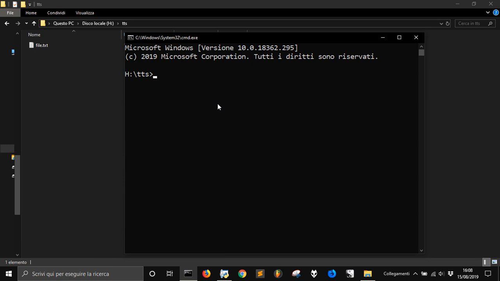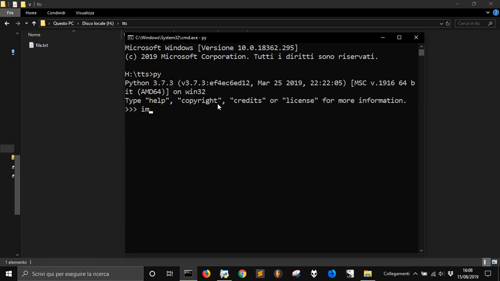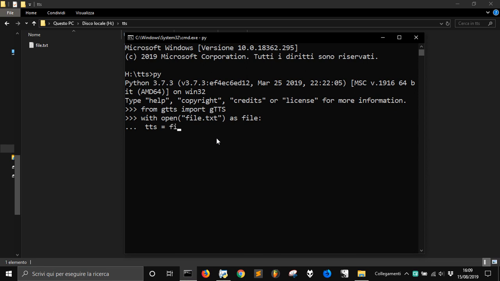And so let me open Python, import from gtts, import gtts. Okay, then if I wanna go and use that file, I can go with open file.txt as file, tts is equal to file.read,